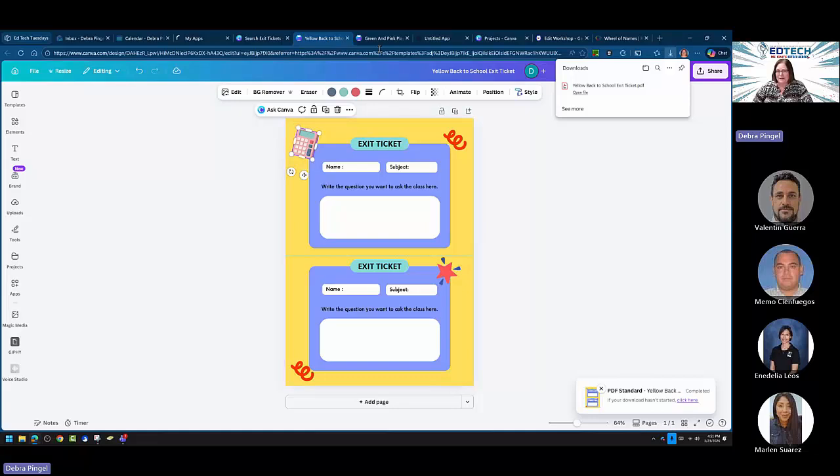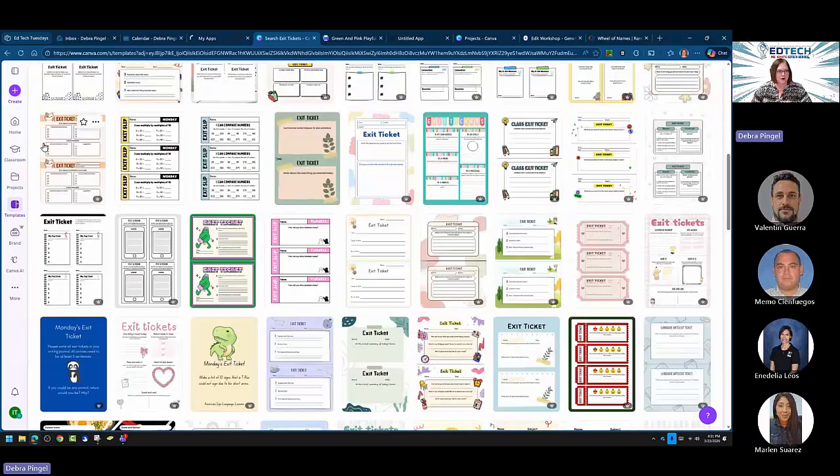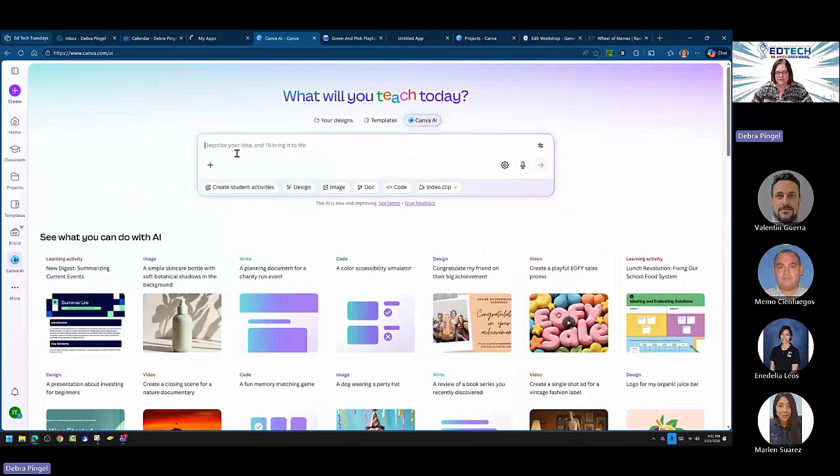Now, how do we create the other exit tickets that were AI generated? Well, let's go back to our home and let's come over here to the third Canva AI tool right here. And so here you're going to describe what you want to do, and we are going to create a student activity. So I am just going to put 5th grade science, and of course you can put the TEKS in here. I do not have the TEK right now, so I'm just going to put 5th grade science, erosion,